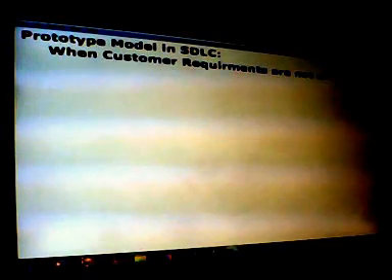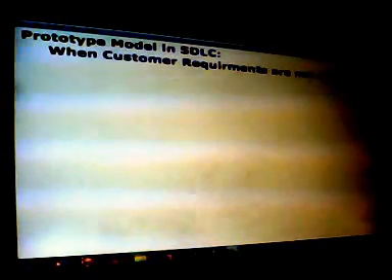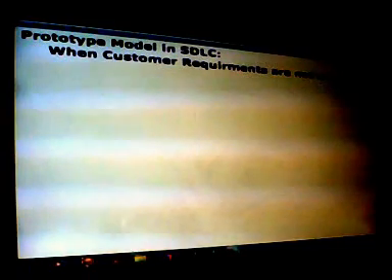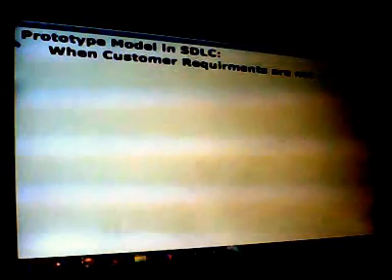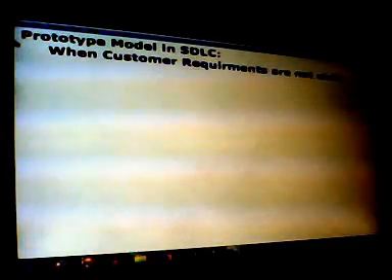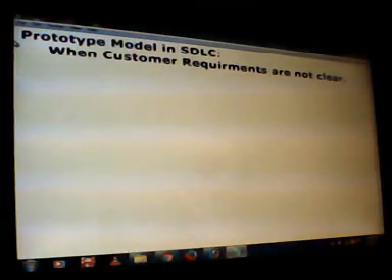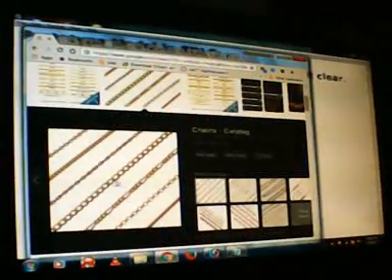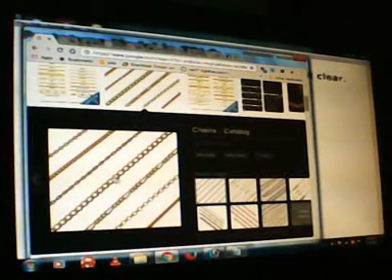Let us assume we are trying to purchase a gold chain. I want a new gold chain to be purchased, but I don't have any idea about it. I am not clear about my requirements for the gold chain. So when I go to the gold shop, they show a catalog to me like this. After seeing this catalog, I am going to get an idea, I am going to get clarity on how the gold chain should be. Suppose out of all these I like this gold chain, so I select this. Then I place an order for this gold chain.